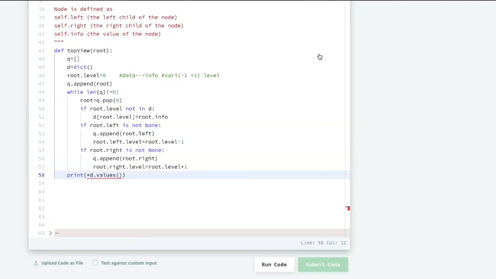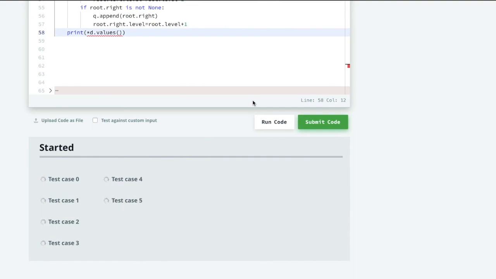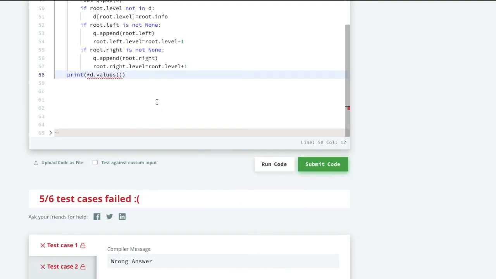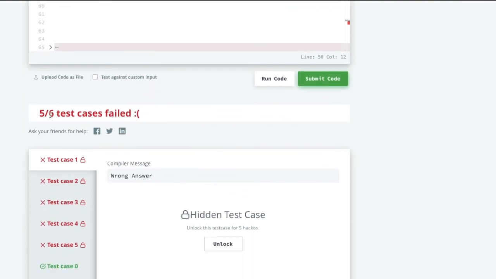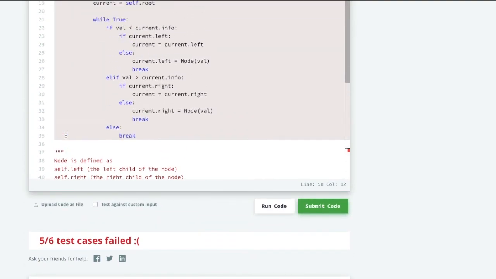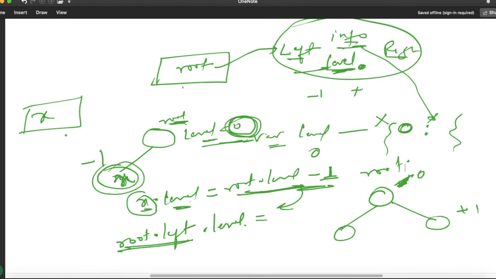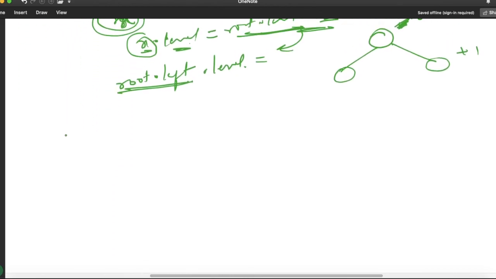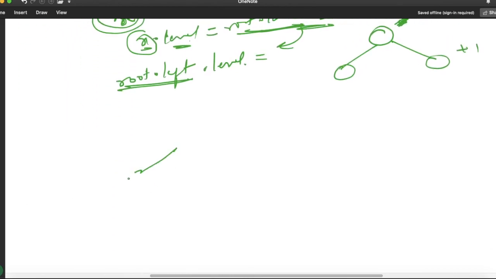So let us submit this code. You can see here 5 test cases failed. Oh my god. So you know why? This is because, if this was my tree, then I have to print from left to right, means in sorted order.